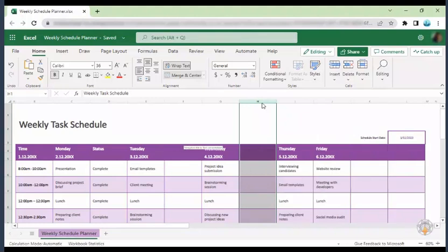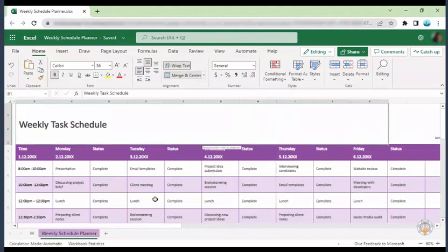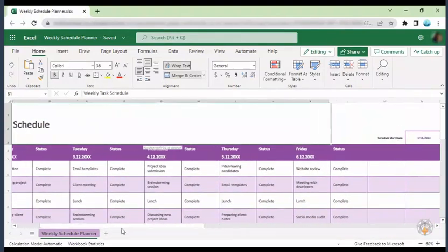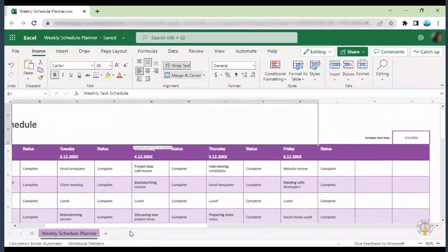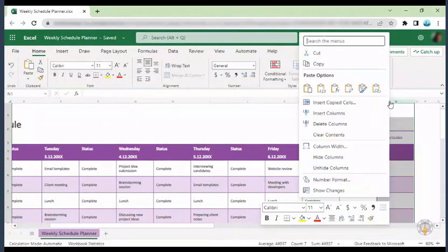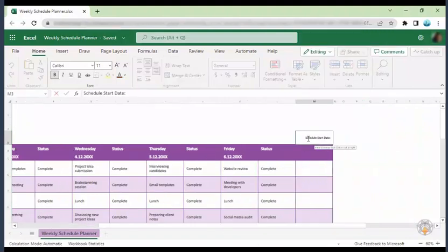Similarly, fill in the details for these newly inserted columns and slide your cursor to the left to check if all the changes are clearly visible. Now, select column N and right-click on it. Then, choose Delete Columns and column N gets removed.